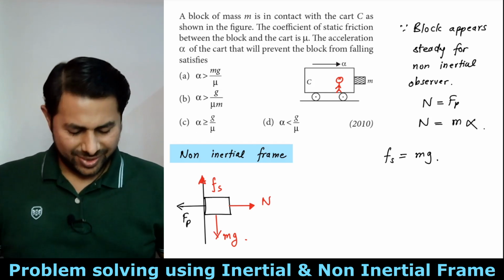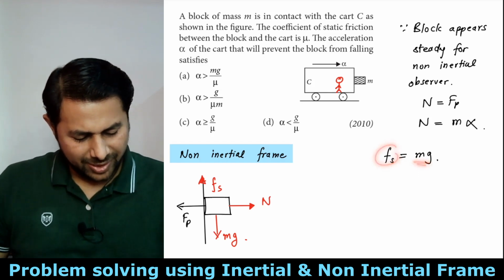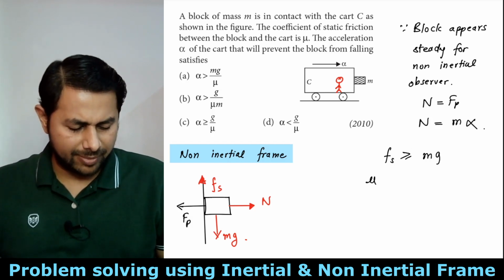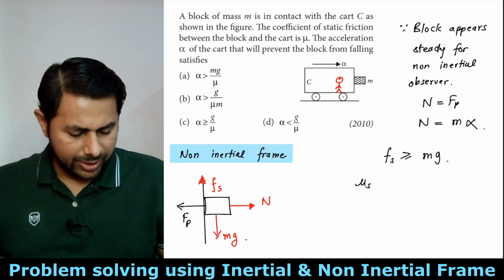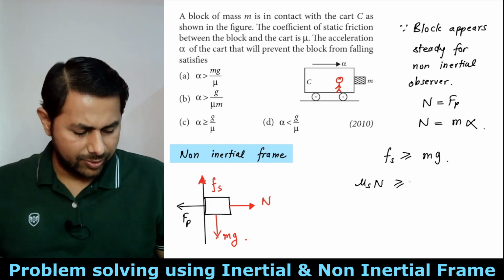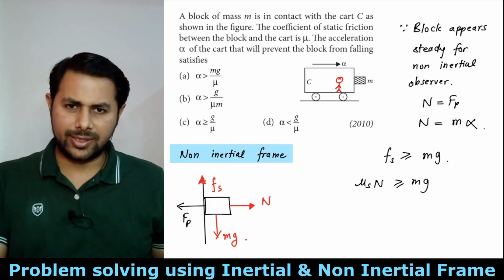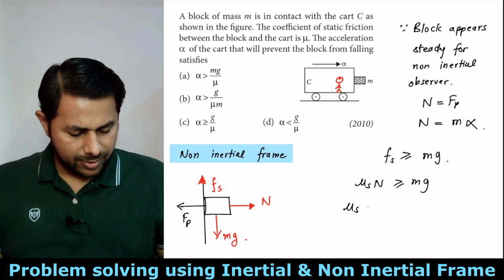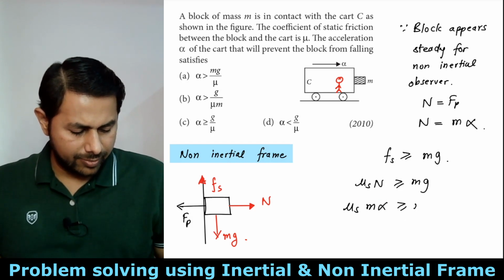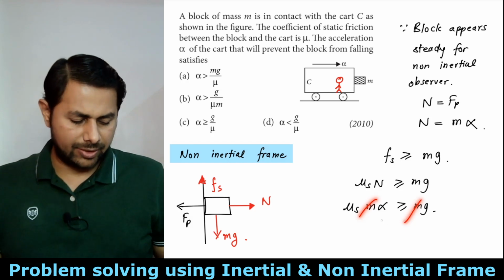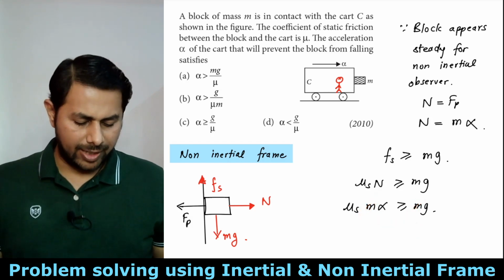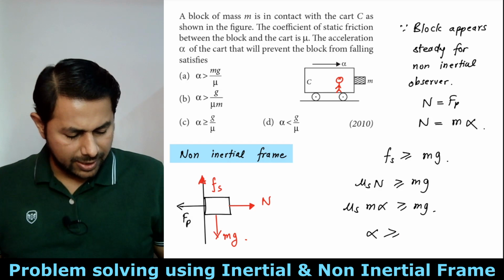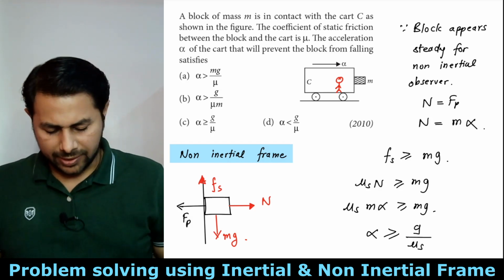Okay, so then you have Fs is equal to what? m multiplied by g. And that is mu s into normal reaction. So Fs must be greater than or equal to m multiplied by g. Fs is mu s multiplied by normal reaction, it's greater than or equal to mg. If it is not falling down, then it's equal to mg only, right? So N is equal to what? m times alpha, that is greater than or equal to mg. m gets cancelled and you get alpha is g by mu s. You wanted alpha, no? So alpha is greater than or equal to g divided by mu s. So that's the answer,